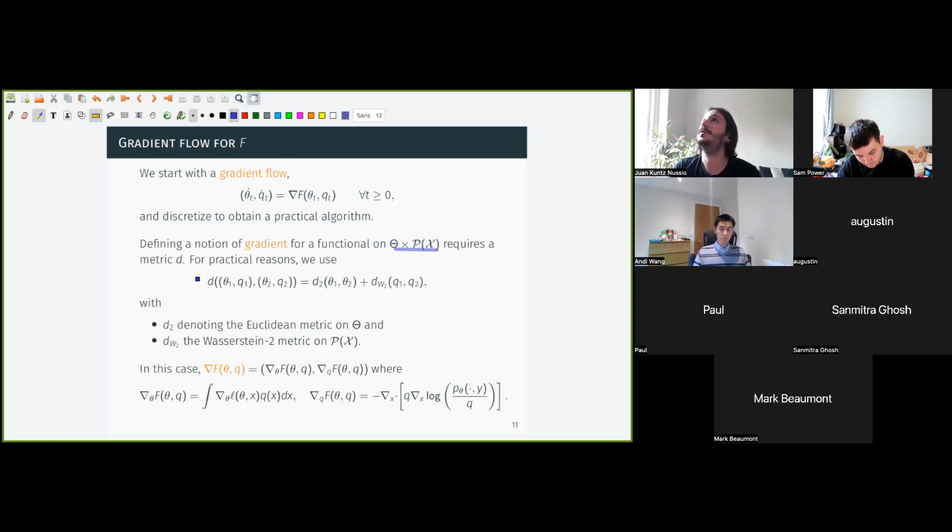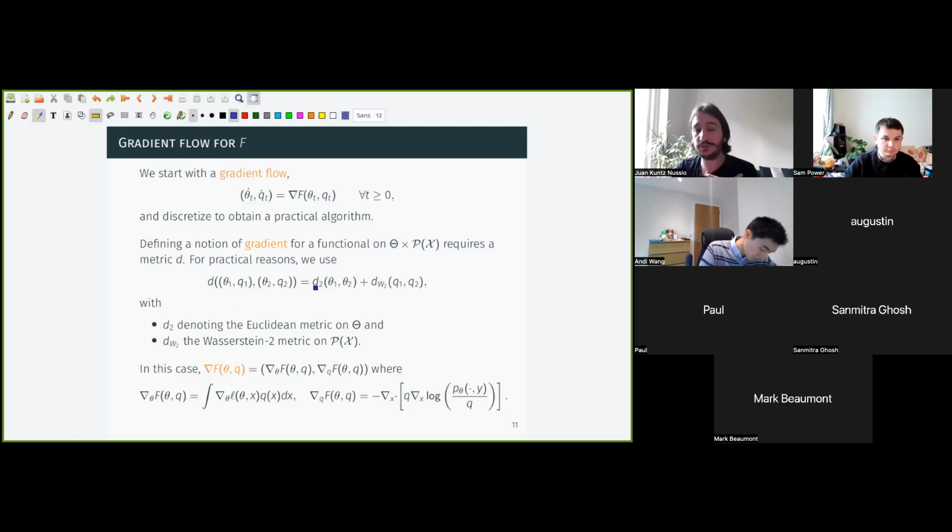And just intuitively, this is not exactly the same, but here we want to move in the direction of maximum ascent for the free energy. So out of wherever we are right now, out of all the small steps we could take, we want to take the one that increases the value of F the most. In order to be able to reason about this, you need to define what you mean by a small step, right? To compare points the same sort of distance away from you. And that's where the metric comes in. Now, once you choose a metric, and assuming all the technicalities along the way work out, there's this kind of standard way of arriving to a notion of gradient.